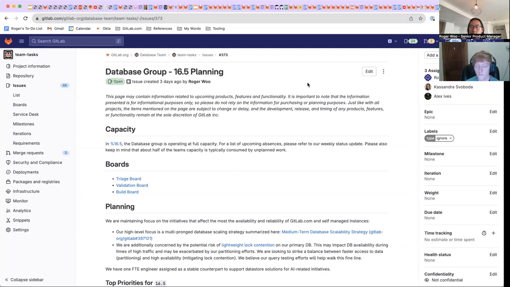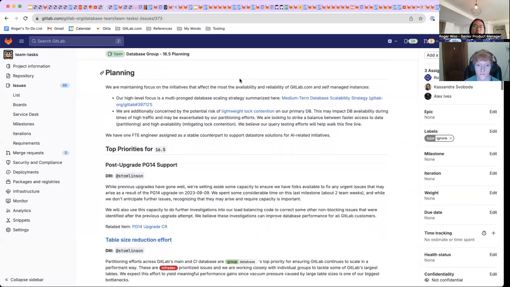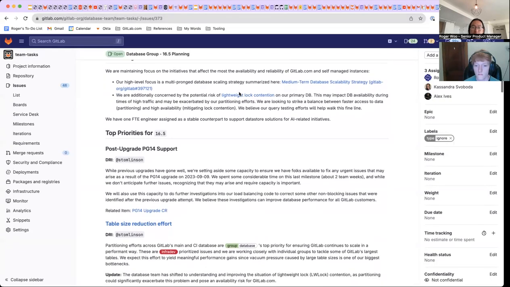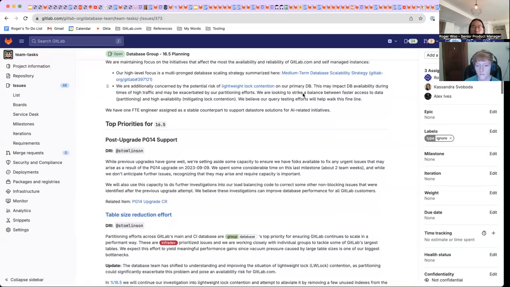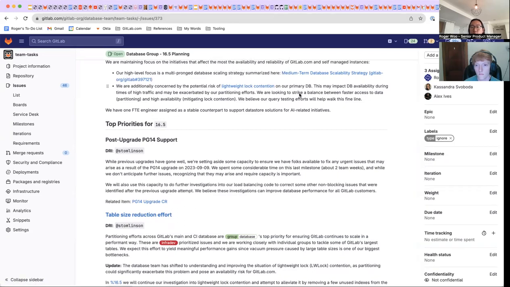Hello, Simon. Hello. Cool. So with 16.5, our team is mostly operating at full capacity, and our focus continues to be on the initiatives that affect the availability and reliability of GitLab.com and our self-managed instances. We continue to be focused on our medium-term database scaling strategy. And we are also concerned with lightweight lock contention on our primary database and something we're looking to mitigate